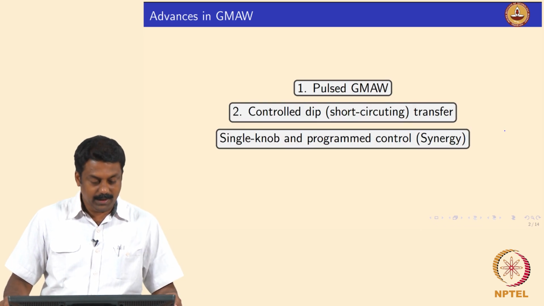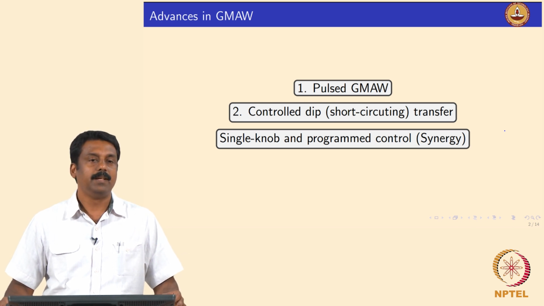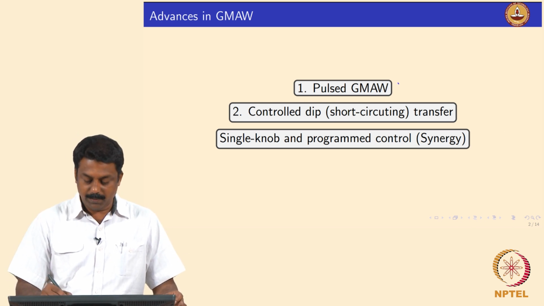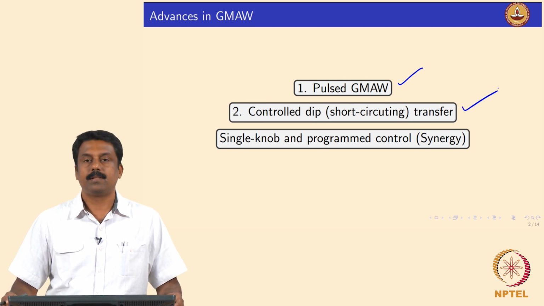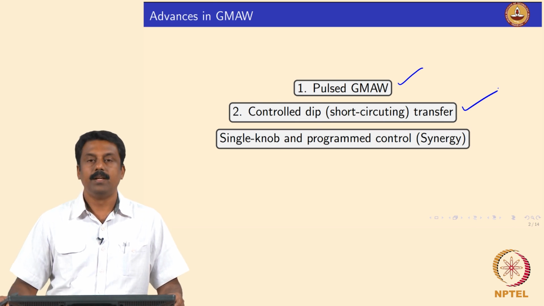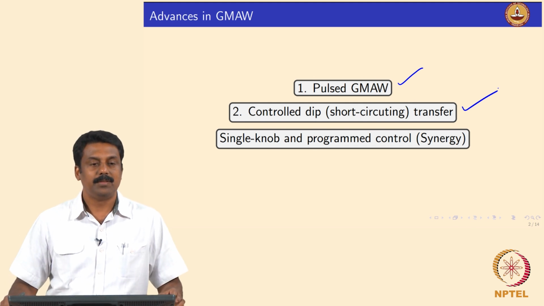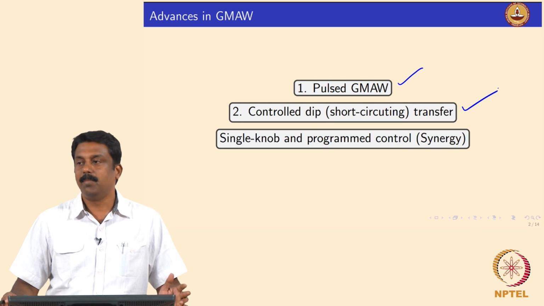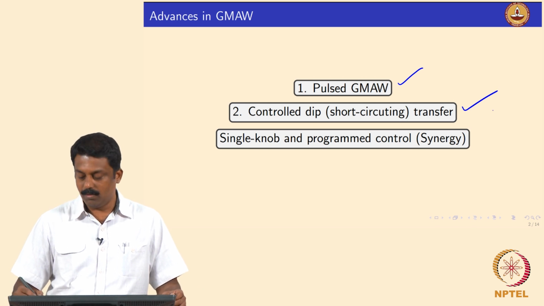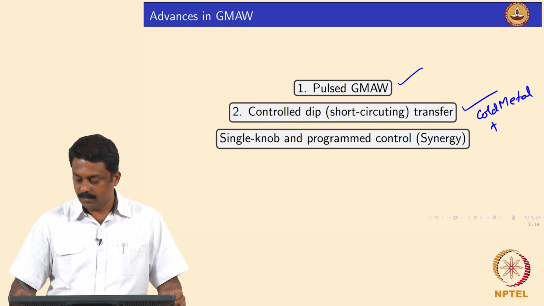Okay, so in fact, two advancements I want to cover here, which are very widely used nowadays in industry, are the pulse GMAW. The second is the controlled dip transfer. Okay, so the controlled dip transfer is now known by various names. The most commonly used variant of controlled dip transfer is cold metal transfer. Okay, so cold metal transfer welding, which is another variant of